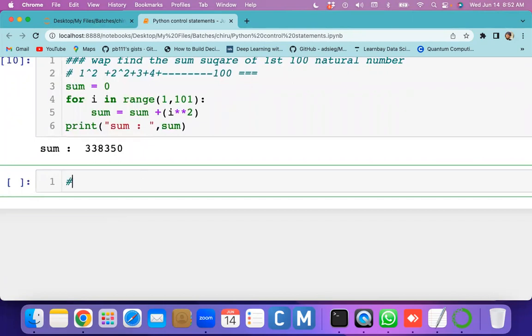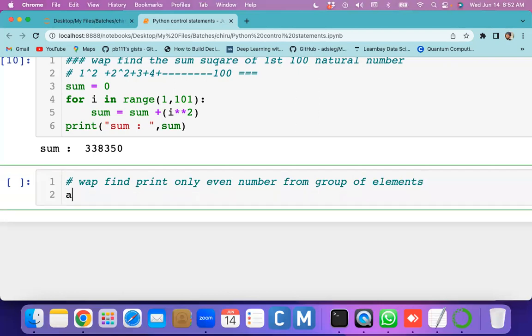Write a program to print only even numbers from a group of elements. For example, I have a group which may have some integers, and it may contain even numbers and odd numbers. My intention is to access only the even numbers.